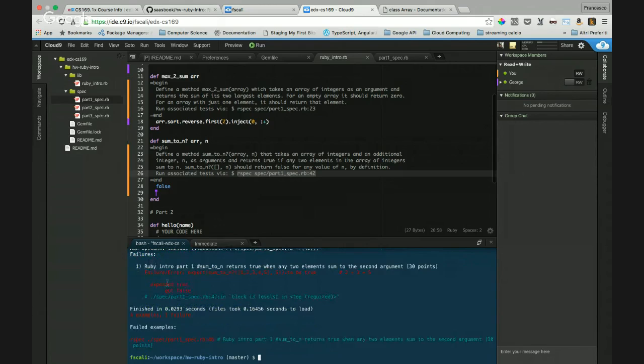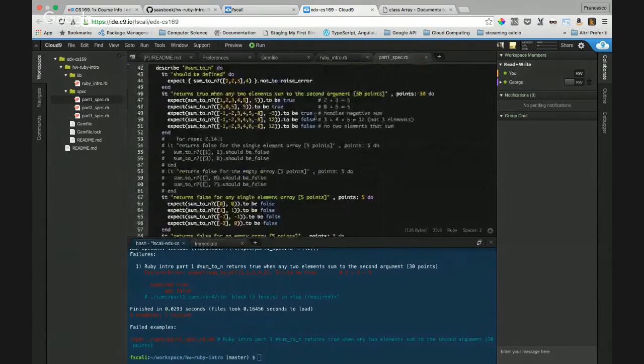this is the test that we failed. So we passed the easiest one. Now we have to pass the others. Yes. That was easy. Okay. It returns true when any two elements sum to the second argument. So nice. We have to find the correct algorithm. If you have to do this in, for example, C++, maybe you should just do it with some nested for